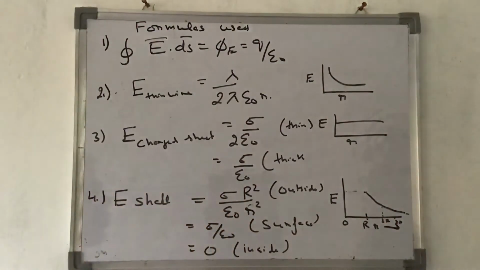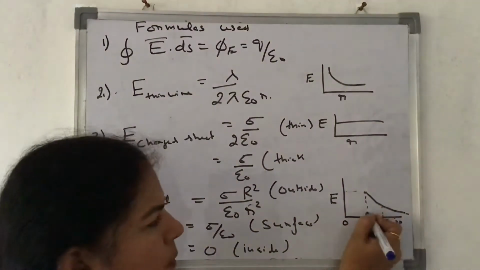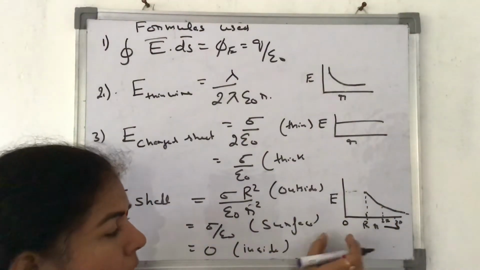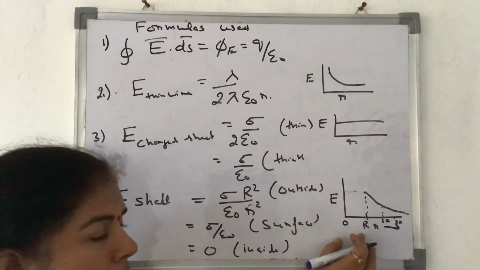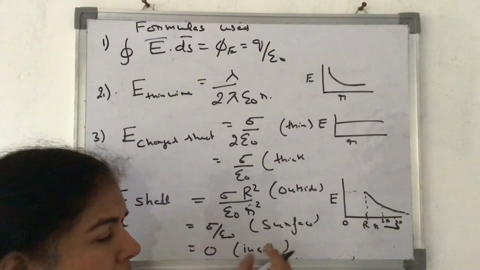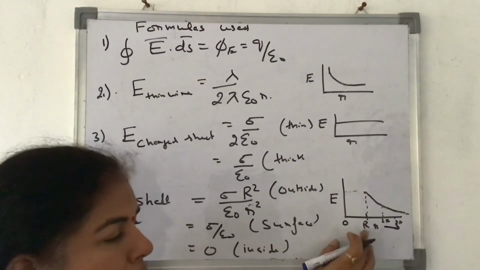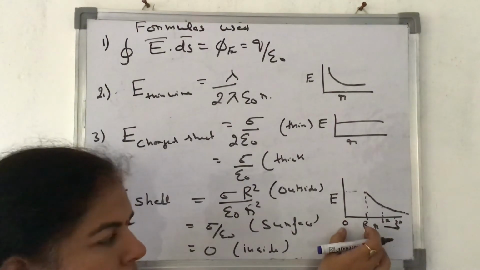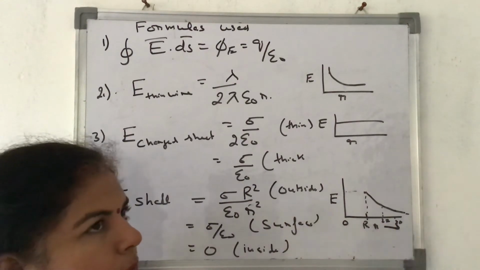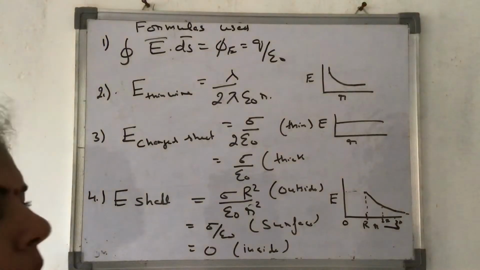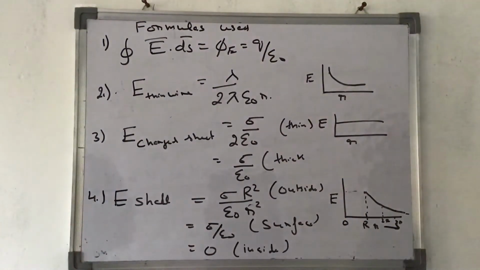This is that value. Electric field actually starts from here only, because inside, when the distance is between 0 and R, in case of the shell, you have to find out the electric field inside the shell. Then it is 0. In case it is after that, then it keeps on decreasing. It is maximum at small r equal to capital R, that means on the surface of the shell. Okay. Now we come to numericals based on it.